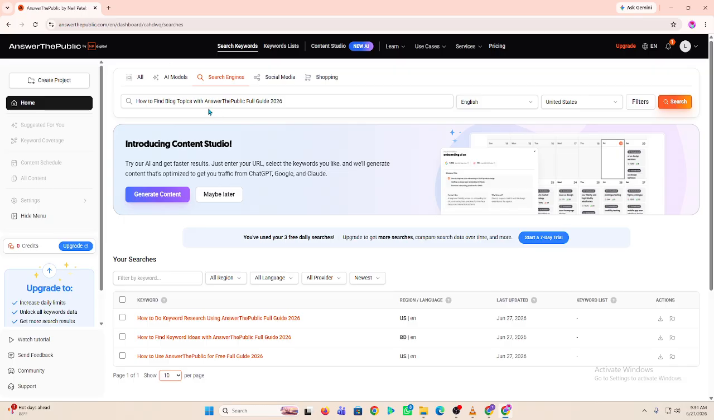And that's how to find YouTube video ideas with Answer the Public. By using real search data, you can discover topics people are actively looking for and create content with greater